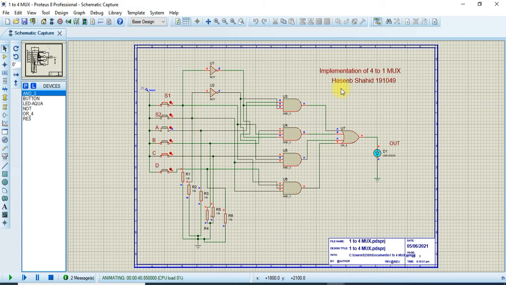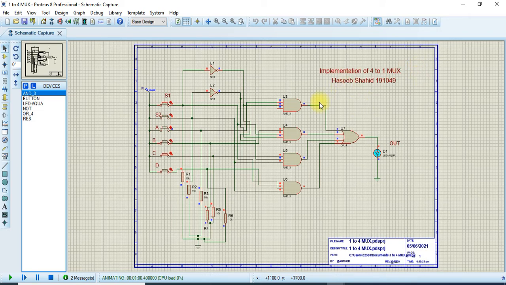So this is the function of a mux. As I told you earlier, when the 0 0 signal is applied, the first input will be represented at the output. When 1 0 is applied, the second input is represented at the output, when 0 1 is applied, the third input, and when 1 1 is applied, the fourth input is represented at the output. So this is the functionality of a 4 to 1 mux.